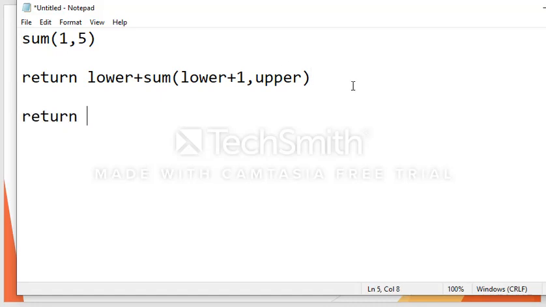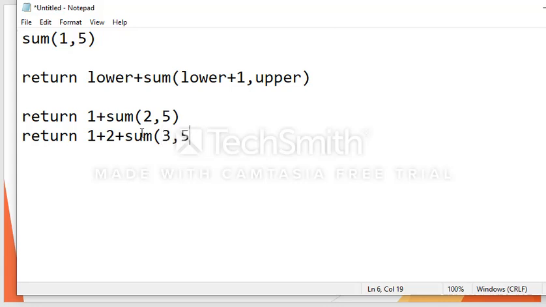ఓకేనమ్మా? సో ఇది ఇప్పుడు నేను దీనికి ప్రాక్టికల్‌గా ఏం జరుగుతుంది అంటే ఫస్ట్ 1 లోయర్ అంటే 1 కదా, అది ప్రింట్ అవుతుంది. ప్లస్ సమ్ ఆఫ్ వాట్ ఈస్ లోయర్ ప్లస్ 1? 2 కామా అప్పర్ వాల్యూ 5. అంతేగా? ఓకే, ఇది ఫస్ట్ స్టెప్ జరుగుతుంది. నెక్స్ట్ స్టెప్ ఏమవుతుందంటే రిటర్న్ 1 ప్లస్ ఇప్పుడు సమ్ ఆఫ్ 2, 5 అంటే సేమ్ ఫంక్షన్‌లో ఇక్కడ 1 బదులు 2 రీప్లేస్ అయినట్టే కదా. ఓకేనా. సో 1 బదులు 2 రీప్లేస్ అయితే ఇక్కడ లోయర్‌లో ఎంత రావాలి, 2 ప్లస్ సమ్ ఆఫ్ వాట్ ఇస్ 2 ప్లస్ 1, లోయర్‌లో ఎంత ఉంది, 2 ఉంది. ఇప్పుడు 2 ప్లస్ 1 అంటే 3, 3 కామా